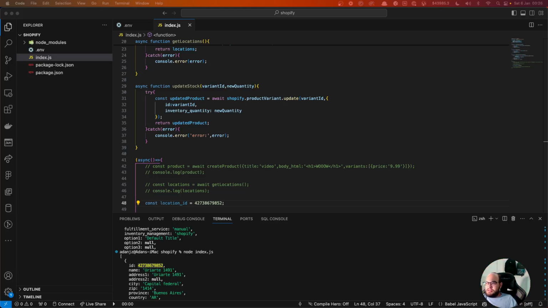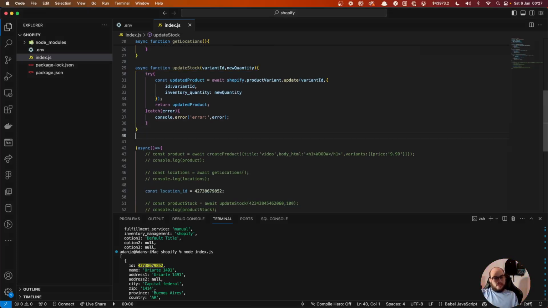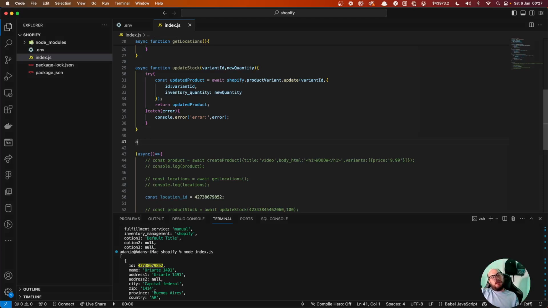So let's try to get that. In order to get that, we need to get, let me think. So we need to get the inventory item ID for our product. In order to get that, we need to first get our inventory item ID. So let's first list